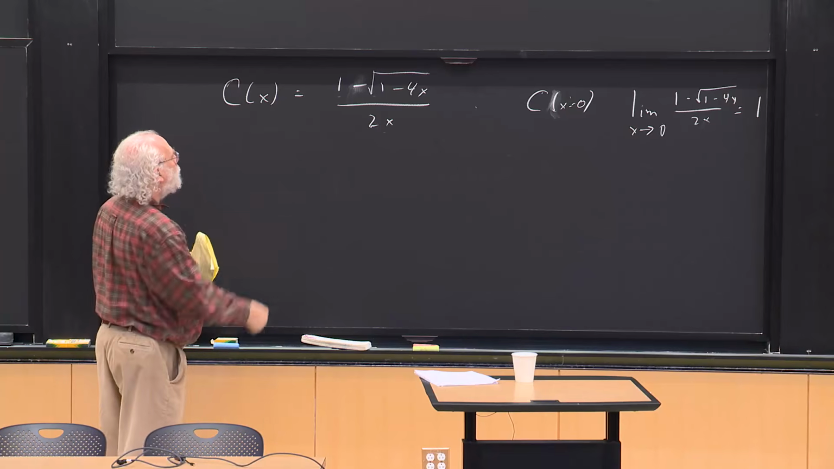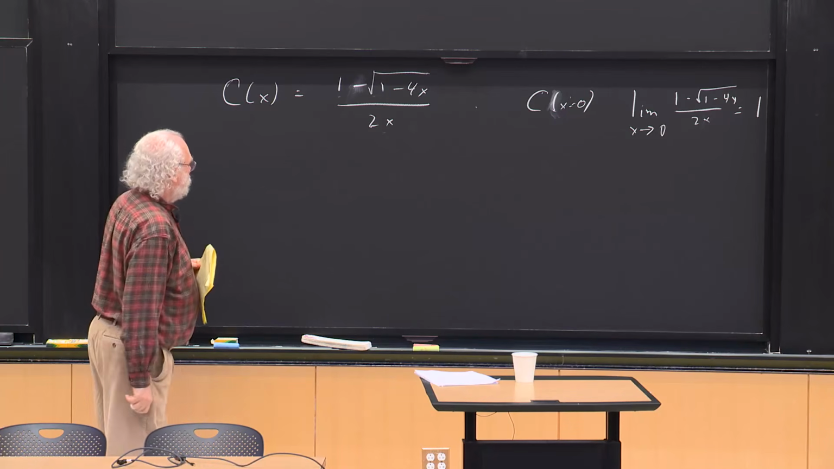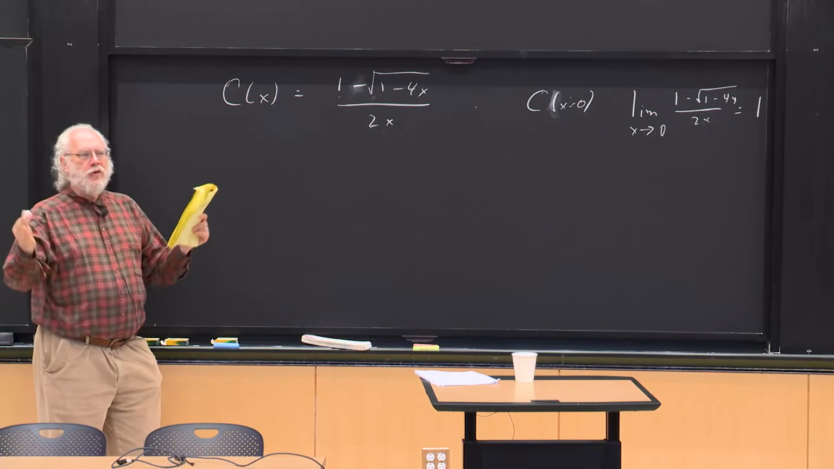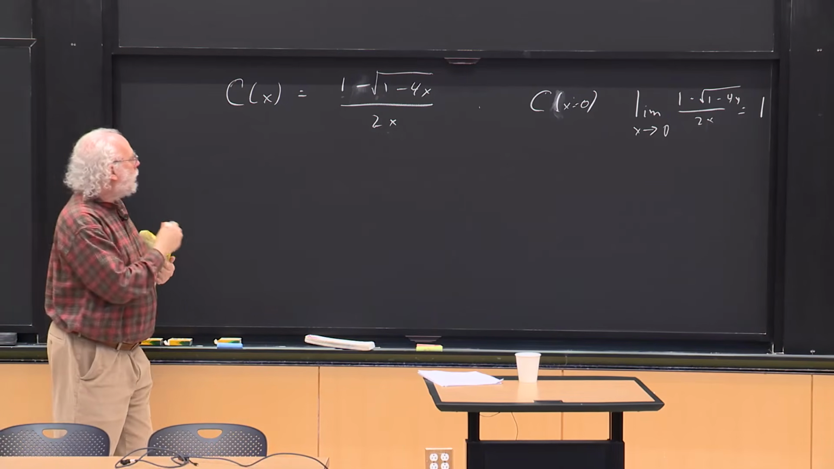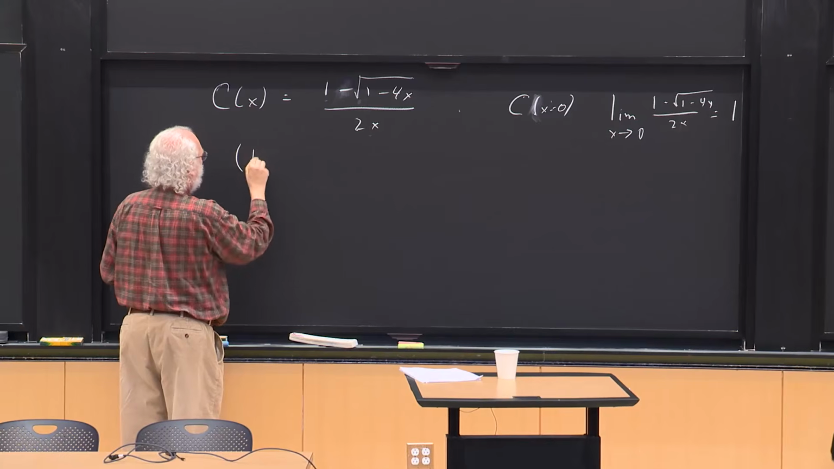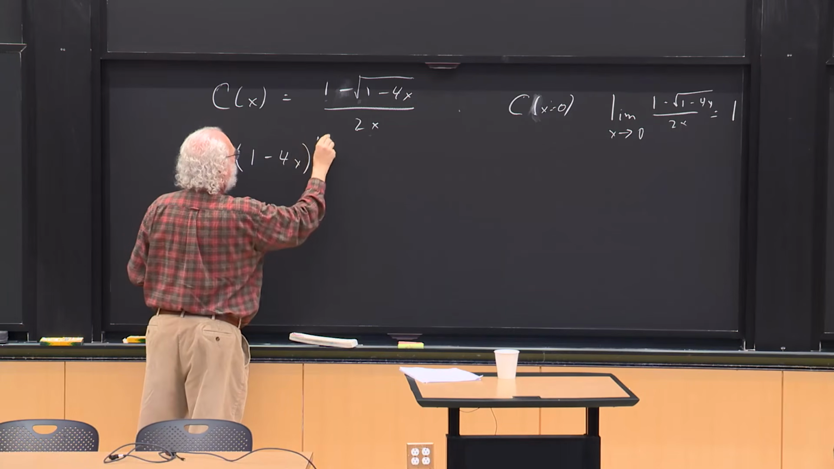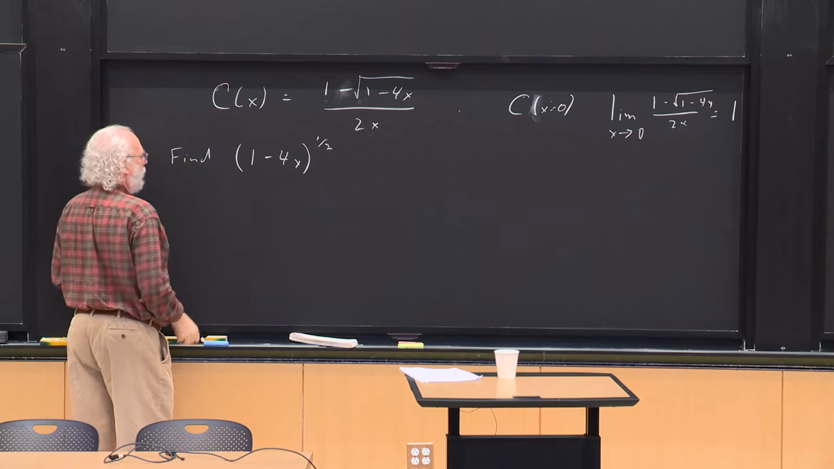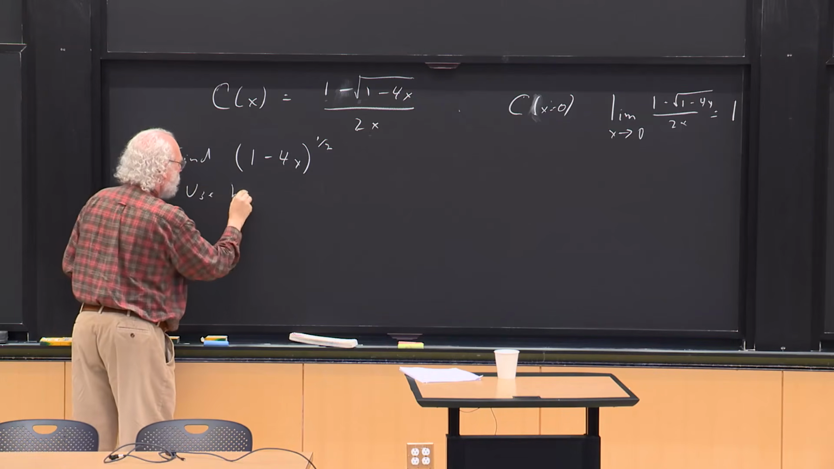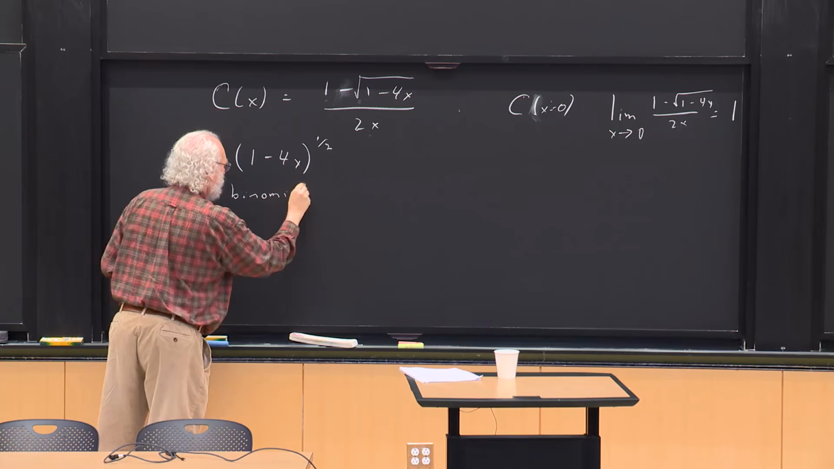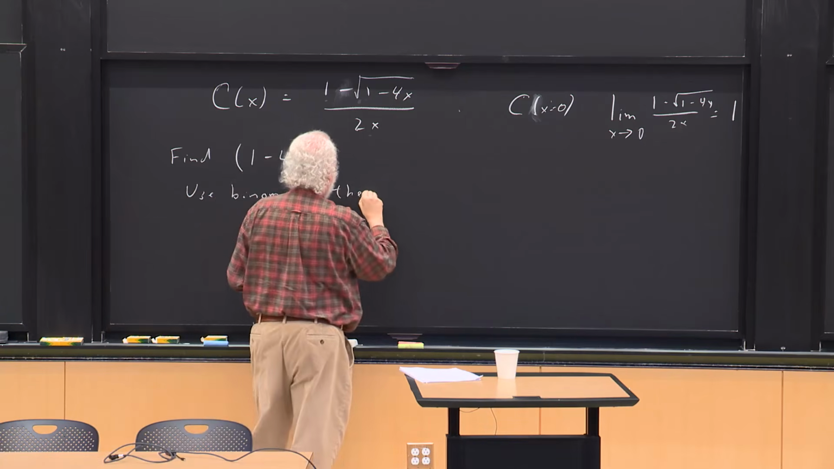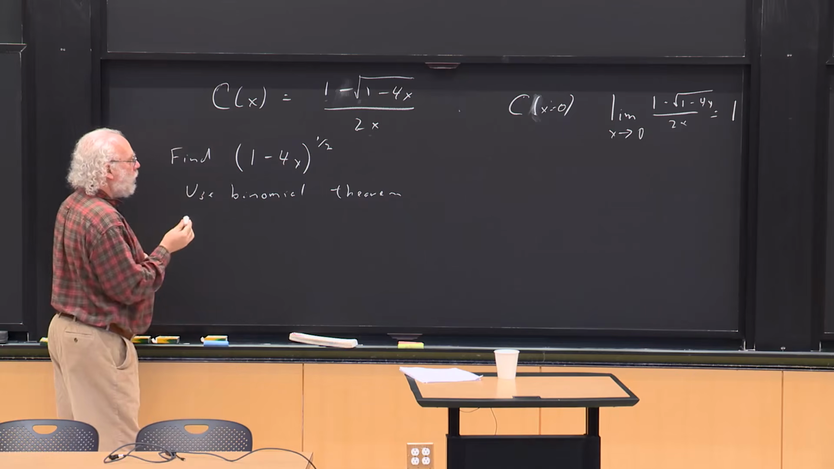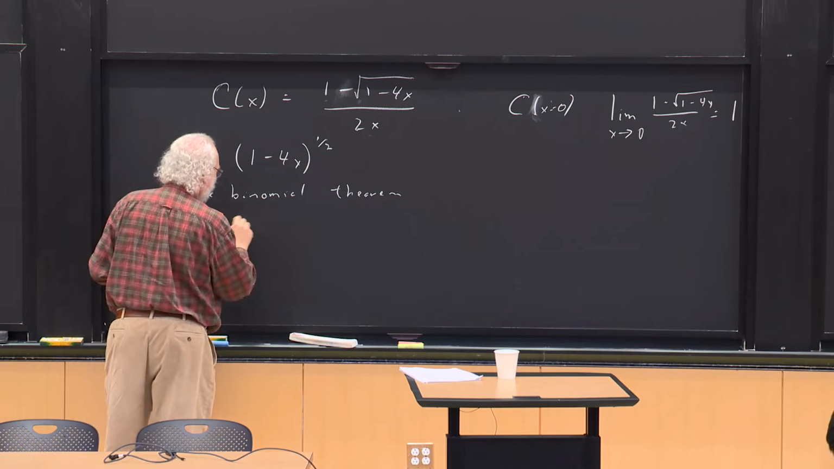So how do you evaluate this? Well, to get the Taylor expansion of this, you use the binomial theorem. So what the binomial theorem says is that